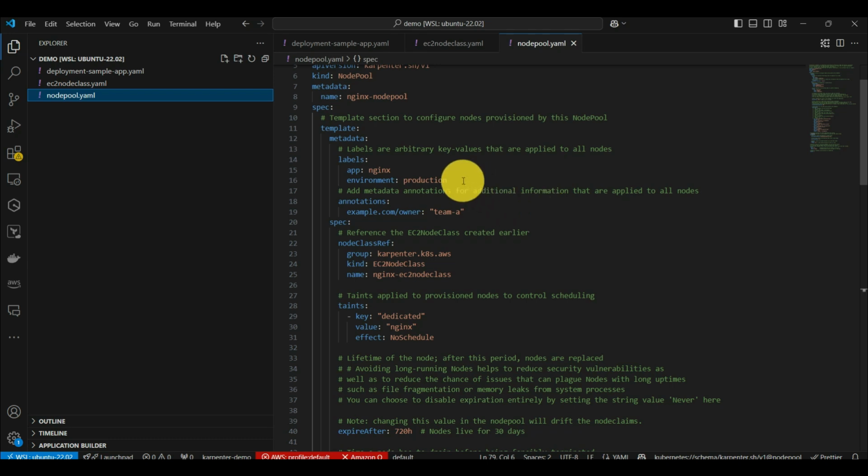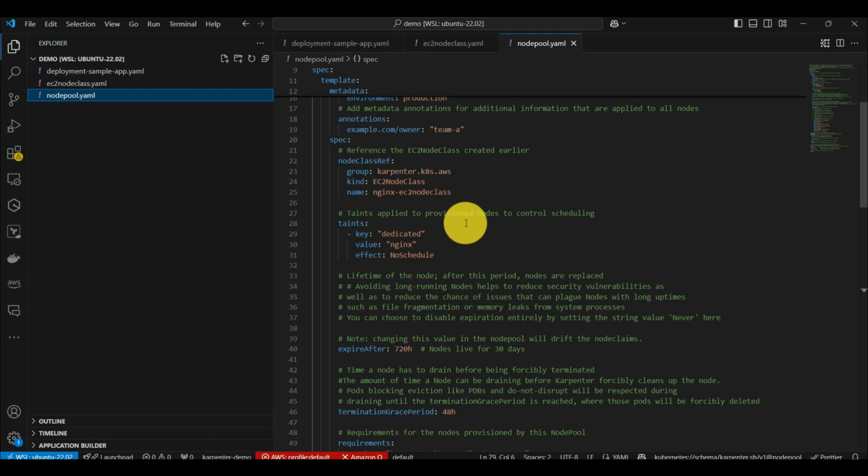Labels are important, based on these labels and the workload you are going to deploy, you need to make sure that is matching. In case you want to make sure that the particular workload you are deploying has to be deployed on a particular node, you need to make sure that label is matching, and that can be done through the affinity or node selector in your deployment,